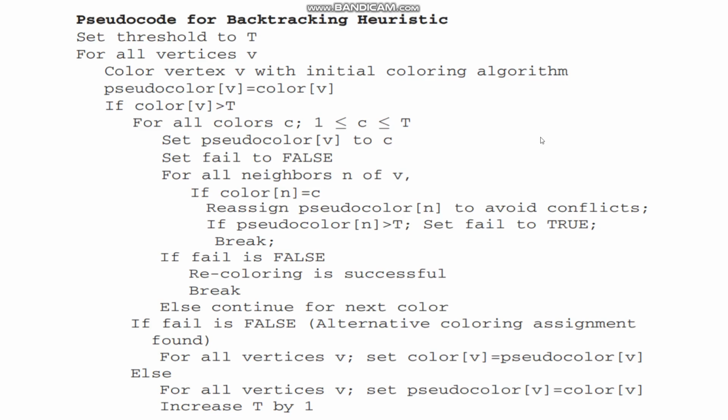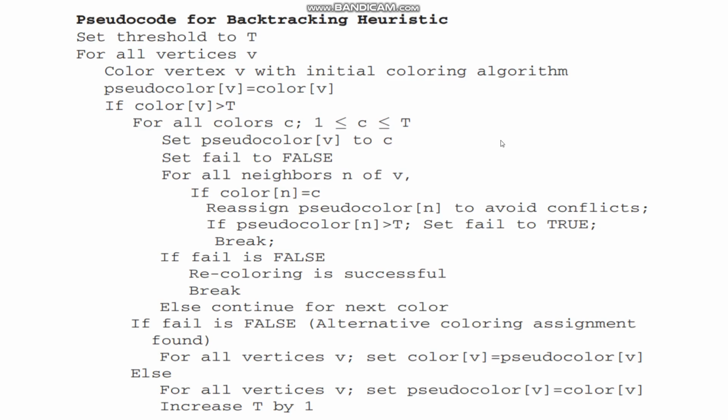Now talking about one more heuristic that can be applied over this algorithm. The user can define some particular upper bound on the chromatic number, right? Then what we can do is apply this algorithm and find some coloring. Now we will see that this coloring is not possible with, suppose T is 5. So we can say that this graph is not going to be colored by 5 colors. So we will try to find where this boundary is getting breached.